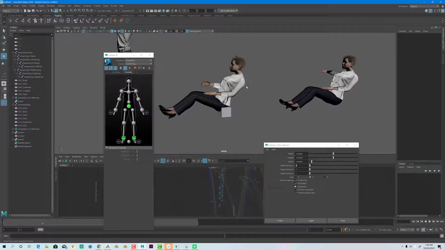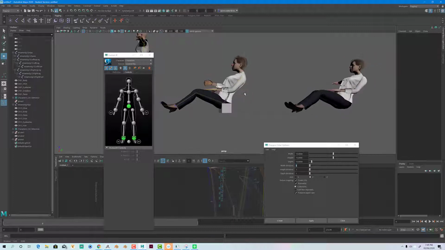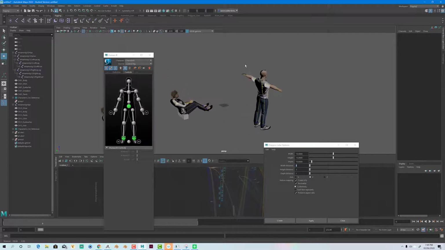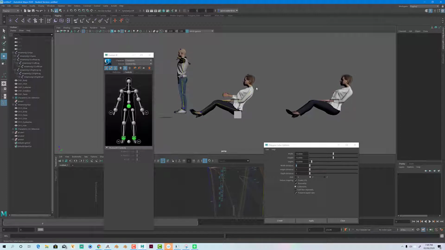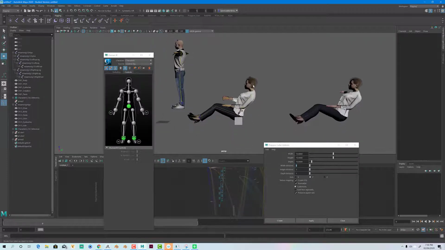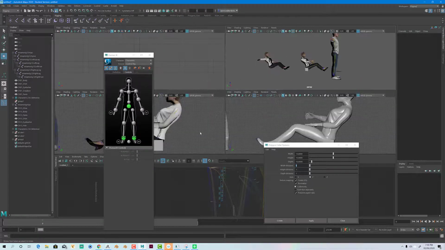Before you export it, however, make sure that you have the proper measurements for her seating position. We know how tall she is in her standing position. She's 6 feet. But you want to make sure how long she is, the largest measurement as she's sitting. The largest measurement as she's sitting is probably fore and aft, from the back of her head to the tip of her toes. So in order to measure her, I am going to go to the side view